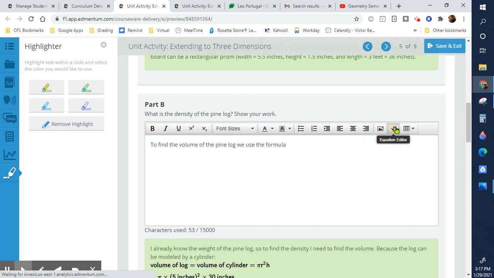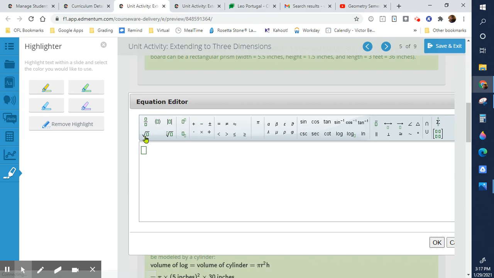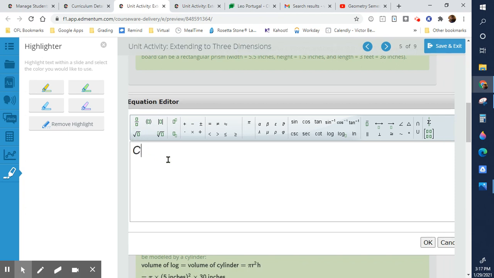I'm going to use the equation editor just to plug it in. I recommend it so we can use these powers. Volume equals pi r, using this exponent, squared times height. So in this case, for this one, it's going to be